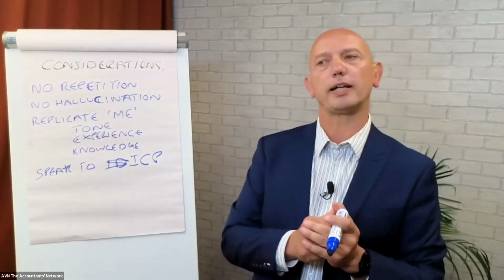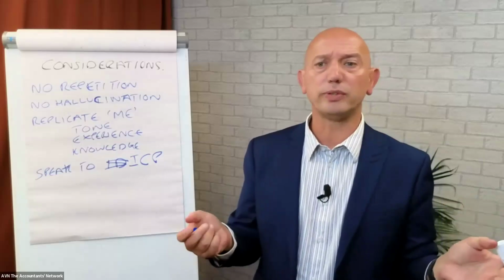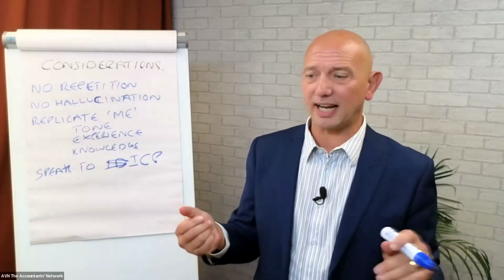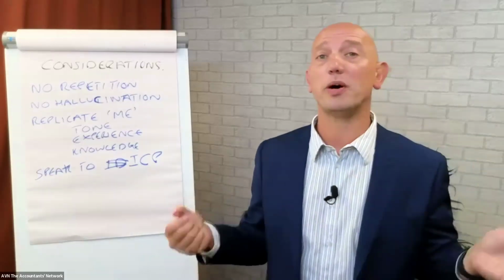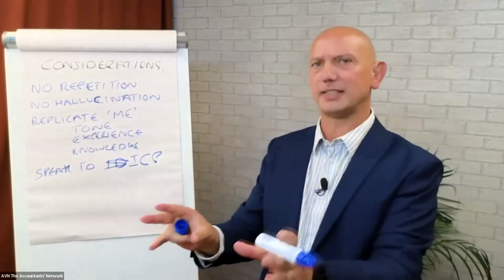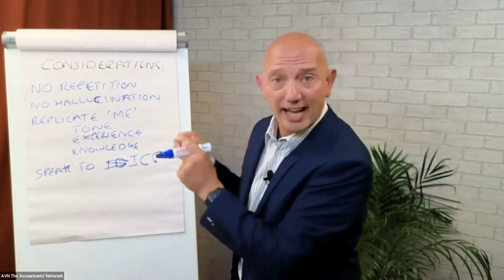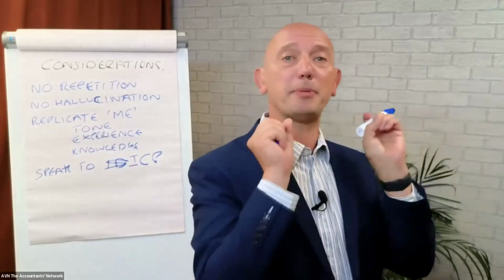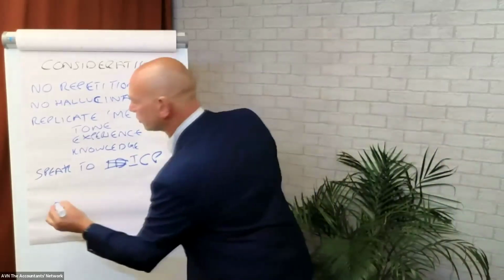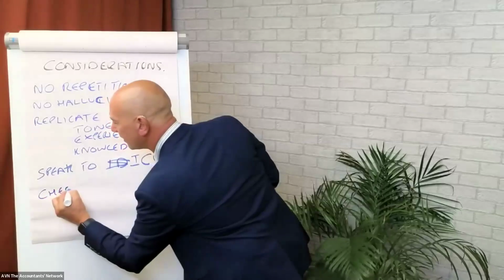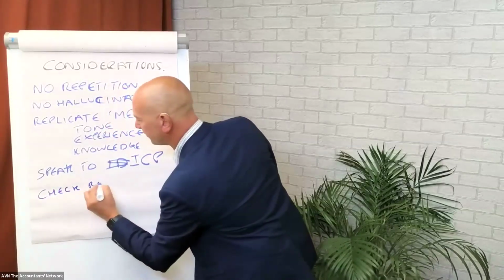And then what else do we want? We don't want to let loose. We're all pretty much in our own rights and in our own ways control freaks. But the last thing we want to do is hand over control to AI to say, you post on my behalf on LinkedIn and I won't even see it. Do you agree with that? So we would want to check before posting.